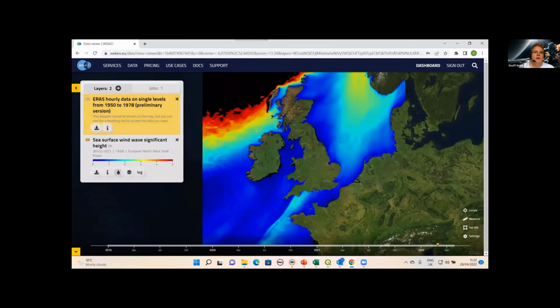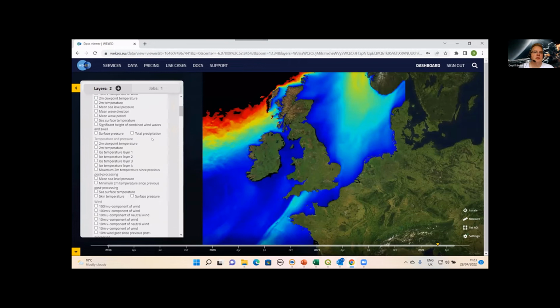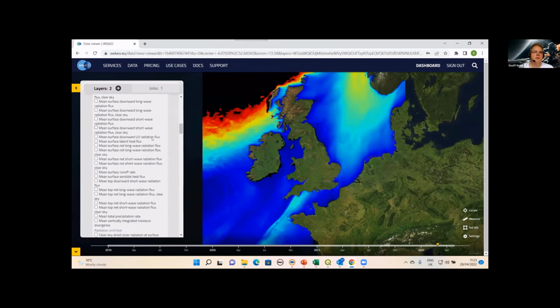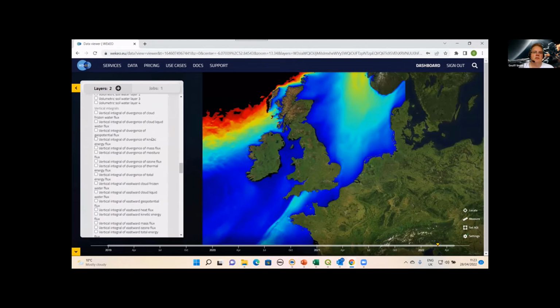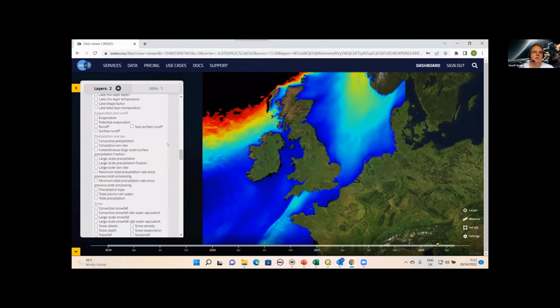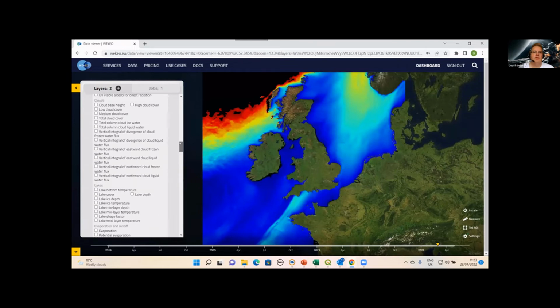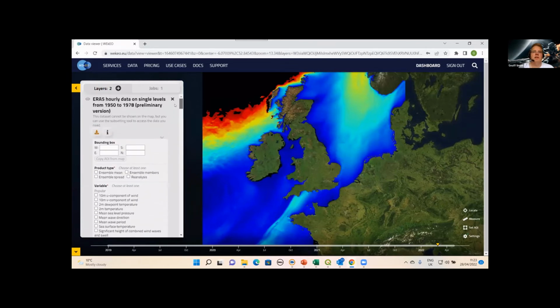Okay, even though we can't display this data on the map, we can actually download it. And if I click on the download button here, you'll see that there's a huge amount of variables that you can then pull out and extract. So this will give us wind directions and wind strengths, etc. And these can be downloaded and extracted and also added into your models. So we can actually take both the water information and the atmospheric information and use that for driving your applications.